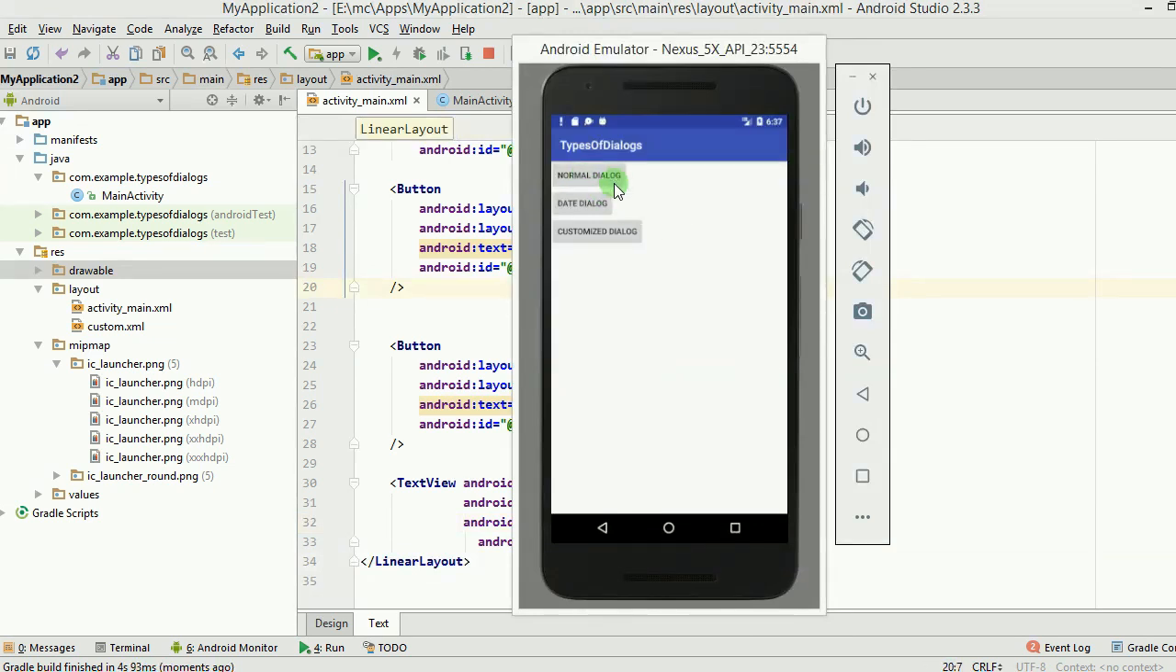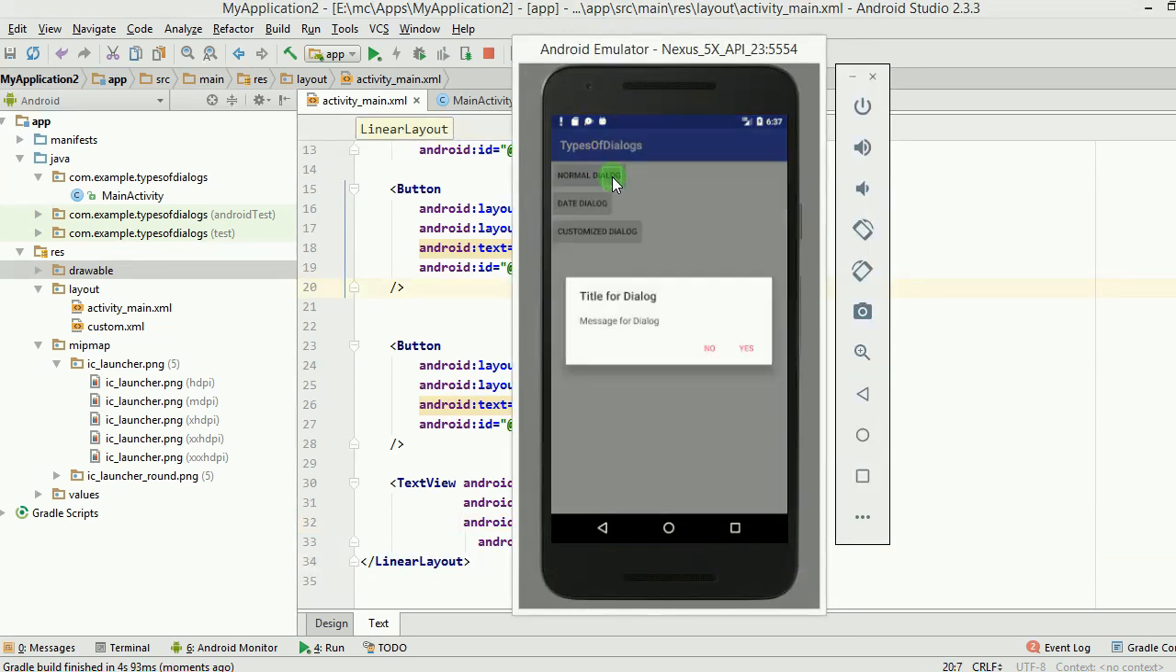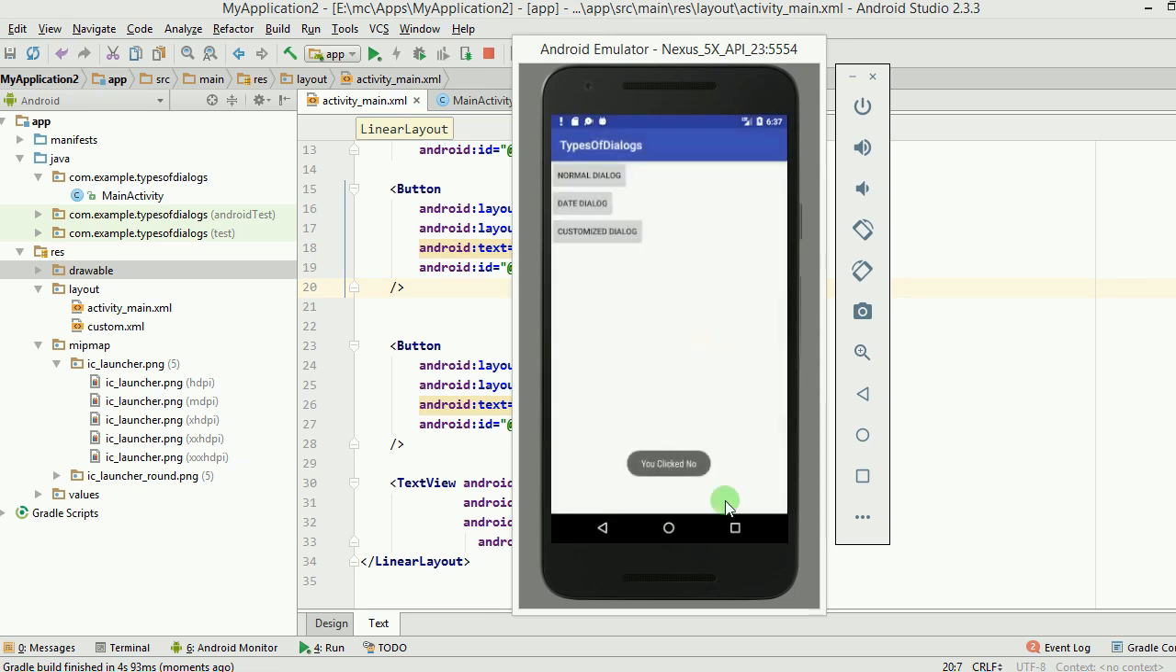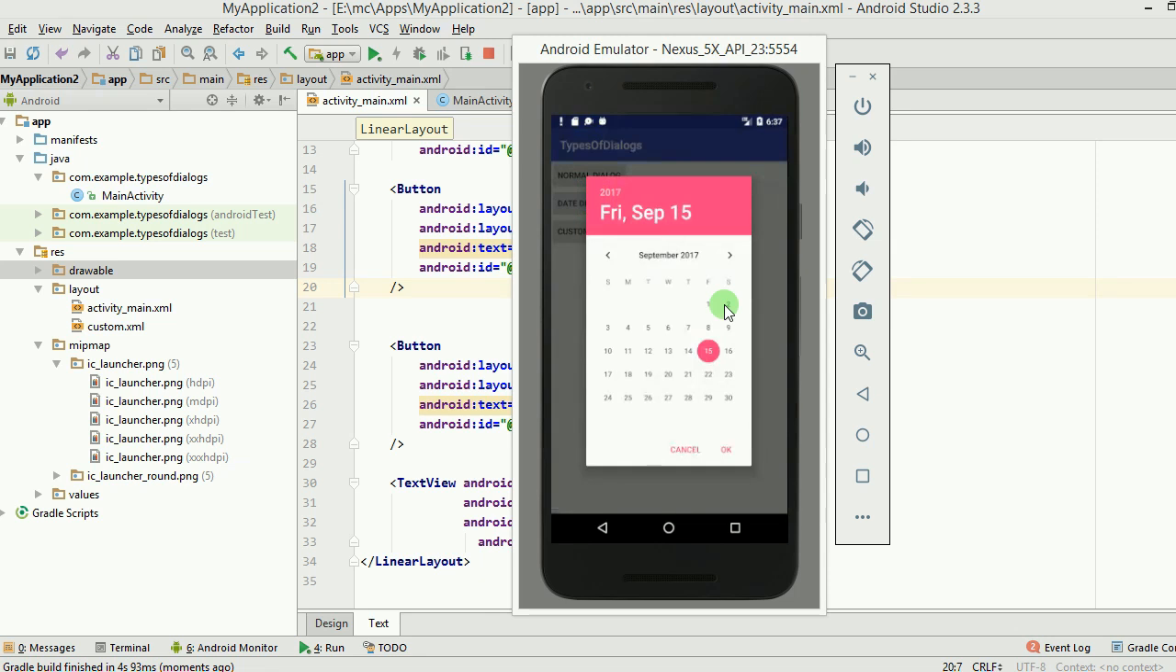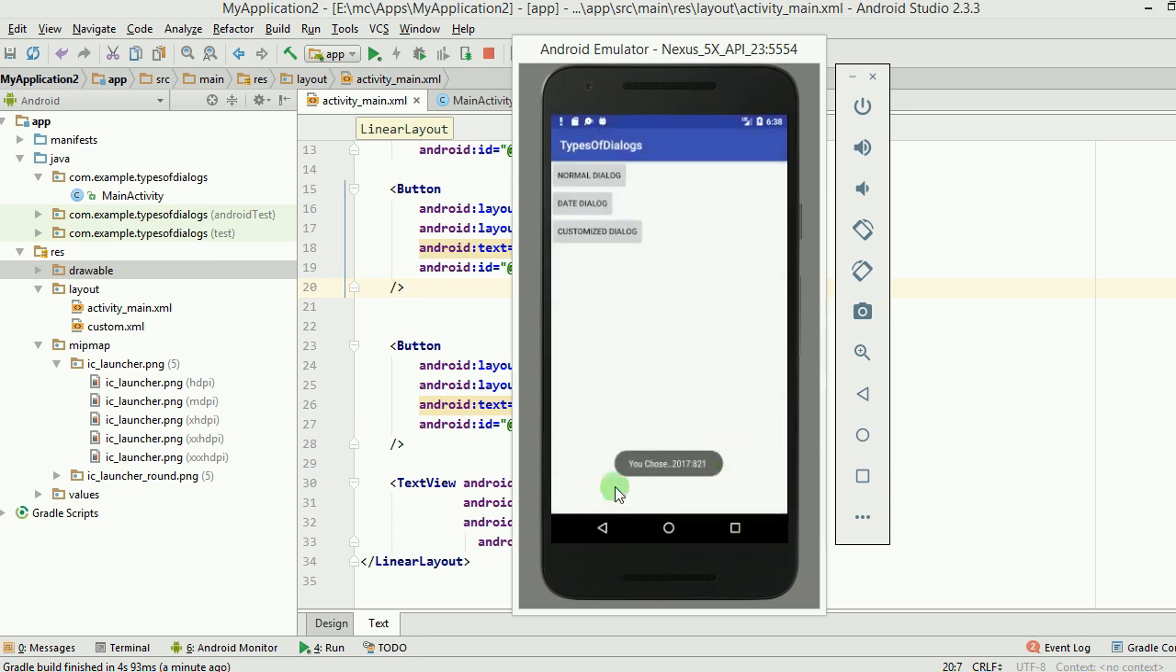The normal dialogue is here. Let me click on this. Title for dialogue, message for dialogue, no and yes, two buttons are there. If I click on no, then it says you clicked no, and similarly for yes also. Date dialogue, this gives me the date. So let me choose 21st September, and I get to see you chose